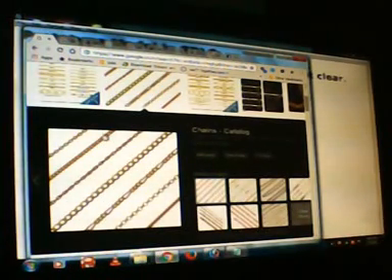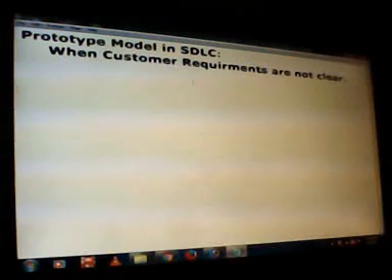In the same way, while developing software also, if the customer doesn't have clear clarity about his requirements for the software, then the business analyst is going to show this kind of prototype models or model screens to the customer, the client. Then he is going to select some screens, like I selected this chain, based on his requirement. Based on those screens they are going to perform analysis, do design, do coding, and develop the software based on these screens.